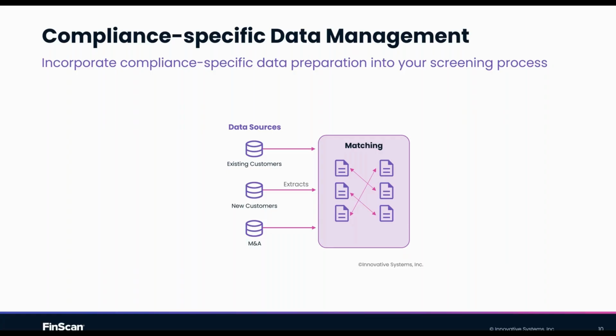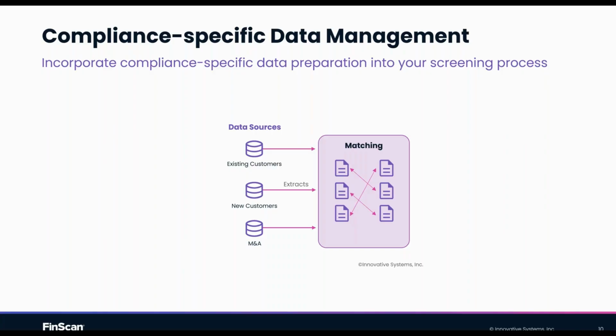You've got your data sources, whether that's onboarding of new customers, your existing customer database, or data you're acquiring through a merger and acquisition, or maybe you're also adding in things like internal staff records from HR. You're screening your suppliers. You take the data as is and you put it into a matching system. That's pretty much the traditional approach.